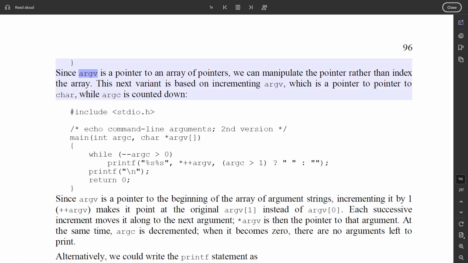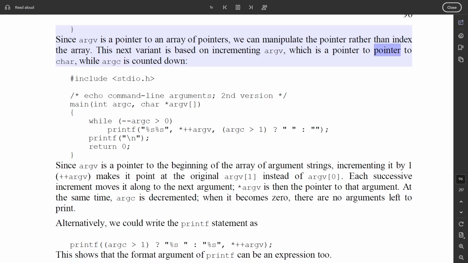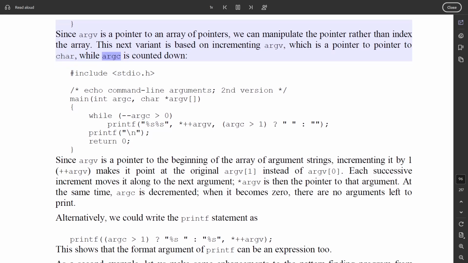Since argv is a pointer to an array of pointers, we can manipulate the pointer rather than index the array. This next variant is based on incrementing argv, which is a pointer to char *, while argc is counted down. #include <stdio.h> /* echo command line arguments, second version */ main(int argc, char *argv[]) { while (--argc > 0)